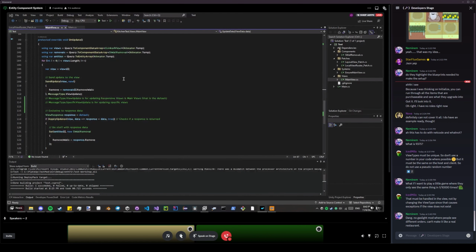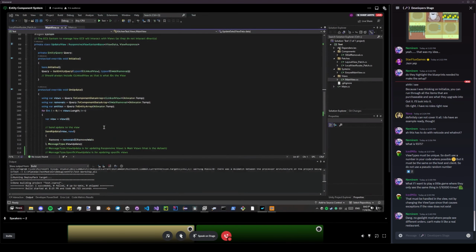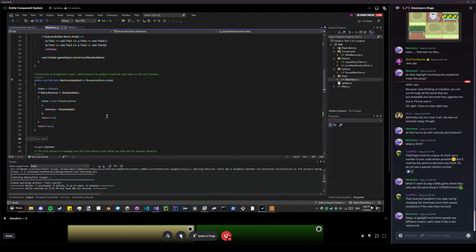Apply update, to shorten it, is basically us trying to grab a response from the view, and if so, retrieving that data. If we have that data, we can post our changes to ECS, as the client that will have the view is guaranteed to be the